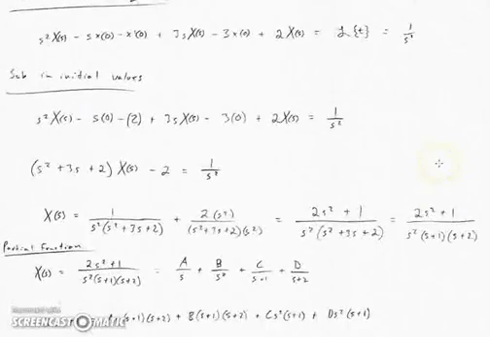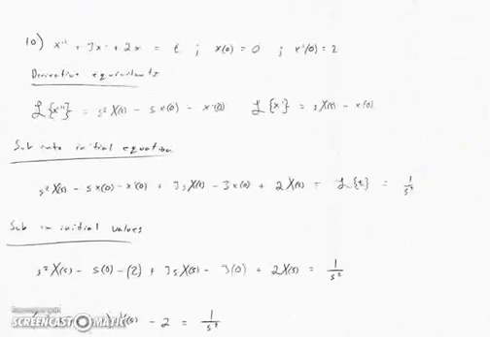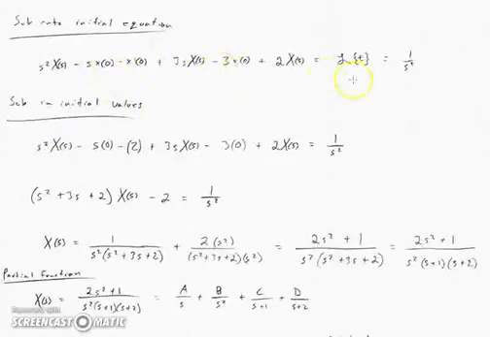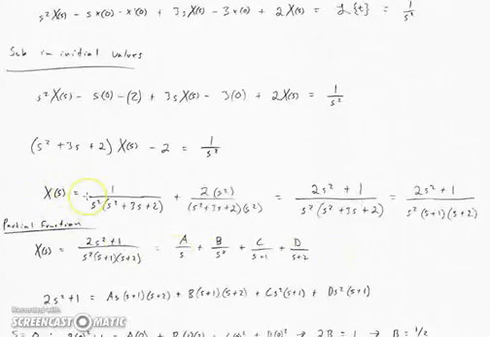Then what you want to do is sub the initial values given. We were given the initial value of x equals 0 and the initial value of x prime equals 2. And then subbing those in the places in this equation, you get this. And then what I did was just combine the values for chi of s, and you get an equation here that you can multiply by. And then rearranging that equation, you can solve for chi of s,